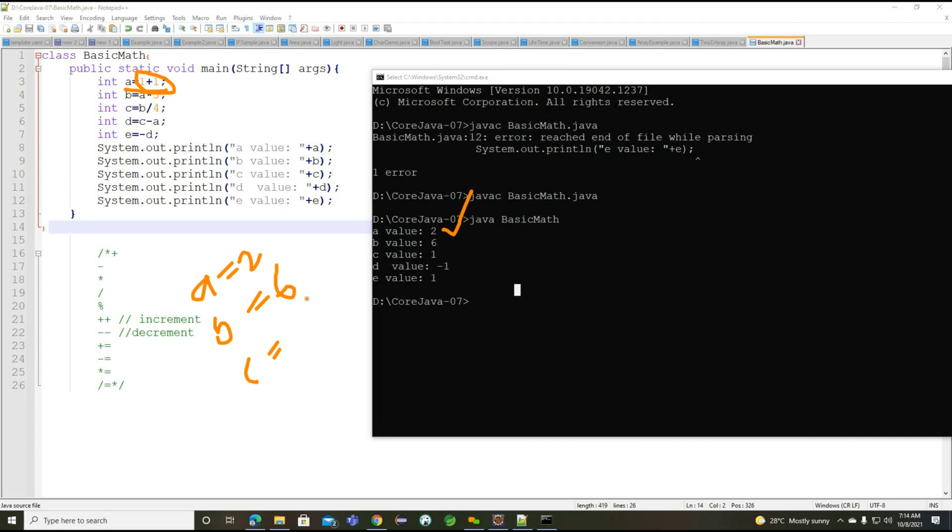So to find out the c value, first we need to understand the b value. What is the b value we are having? 6. And now you can see the b value is trying to divide with the 4 here. Now what we can understand here, we are going to get a particular value, something like 1 here. So why we are going to get 1 here?